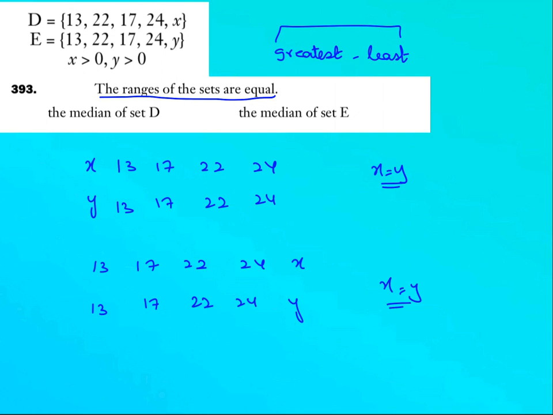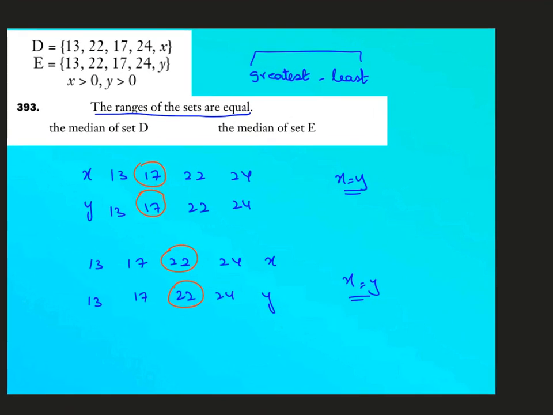If I look at this possibility and find the medians, again it's going to be the third value. So in this case, the median is equal for both, which is 17. In the second possibility, the median is also equal, which is 22. But this is a situation where we have x and y on extreme ends, but there is a possibility that they're not on the extreme ends. So you have to find all the possibilities and then give the final decision. So I've already found a contradiction to this one where I said they're equal. So it's not really C, because there is a possibility that they're not equal. One of them is greater.